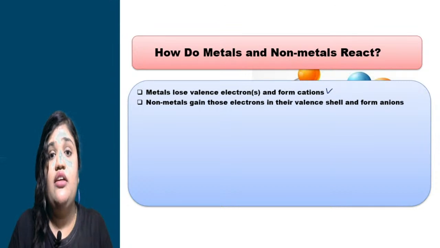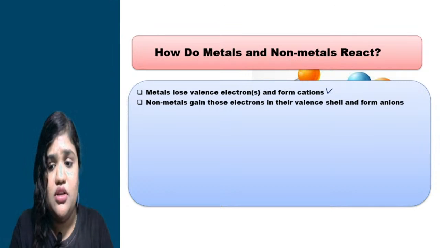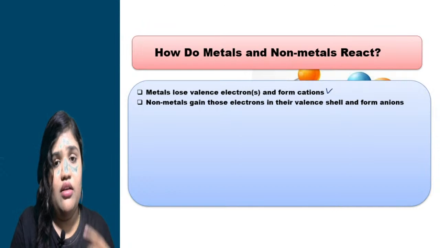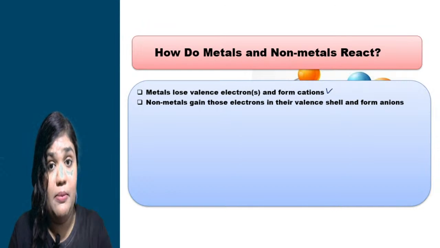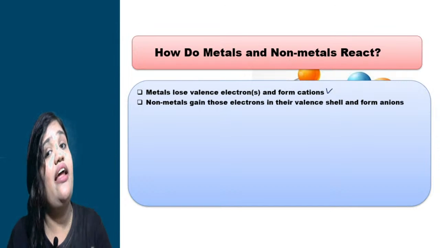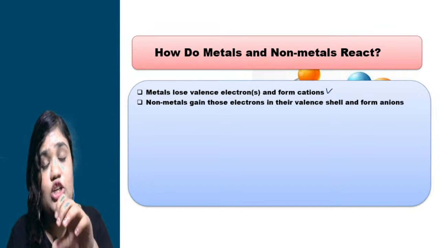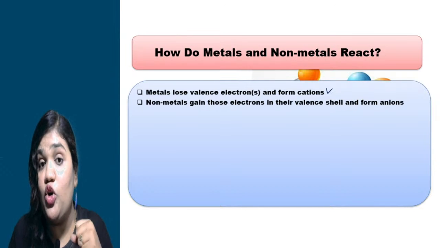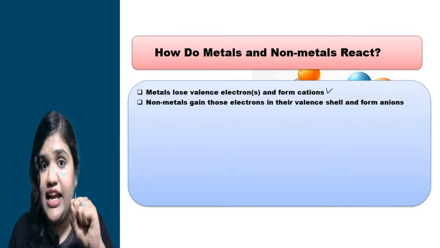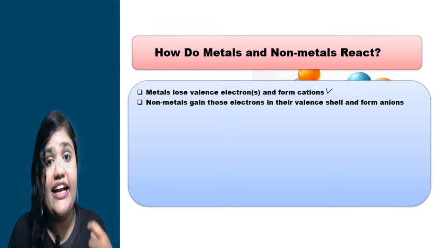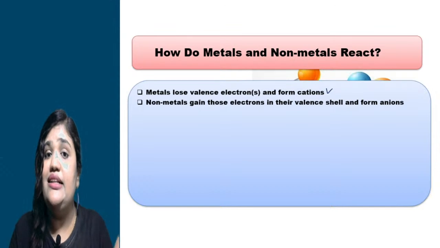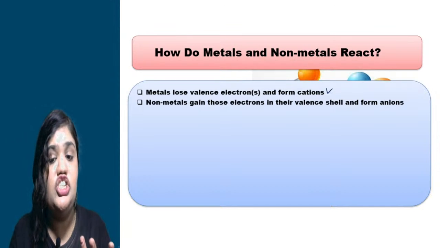And in this way, there is a formation of compounds. Let's take one example to understand this concept. In simple language, remember that cations and anions are attracted towards each other, and there is a formation of ionic bond over there, and that bond is held by which force? Electrostatic force. And in this way only metals and non-metals react with each other.